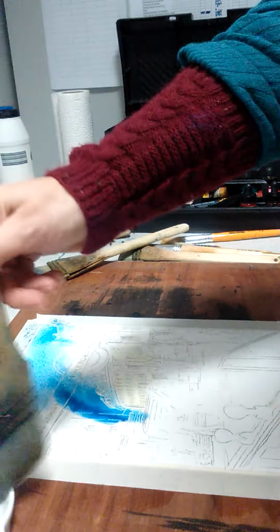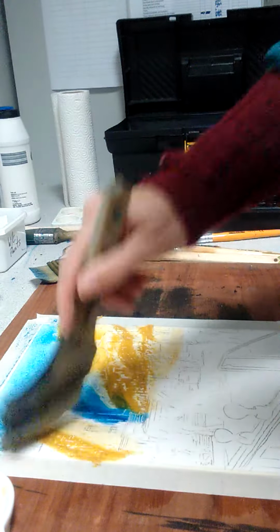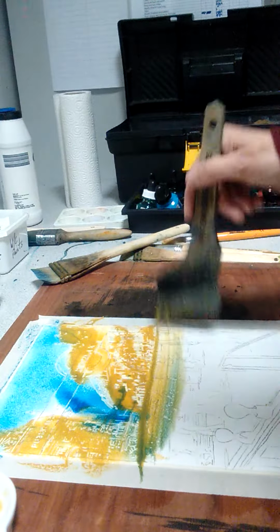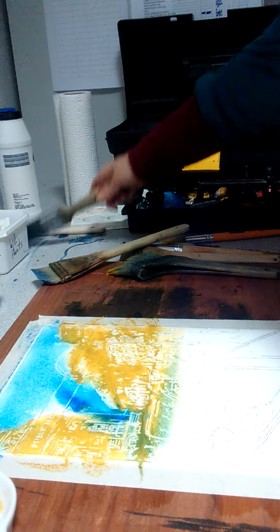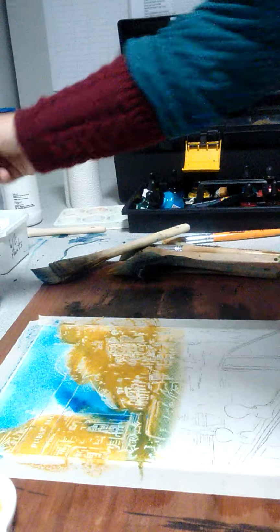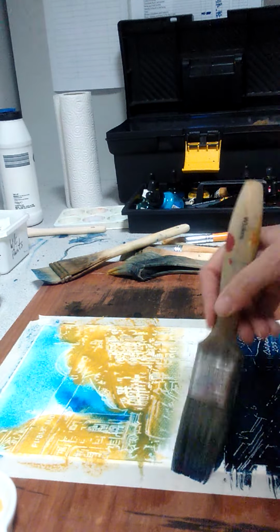These are actually too big even for me for this one, but I'm not too precious about where it goes. It goes everywhere, and I try not to use too much, because if I use too many colours, I end up with a big mess. Now that's gone really dark there. It's possibly a little too